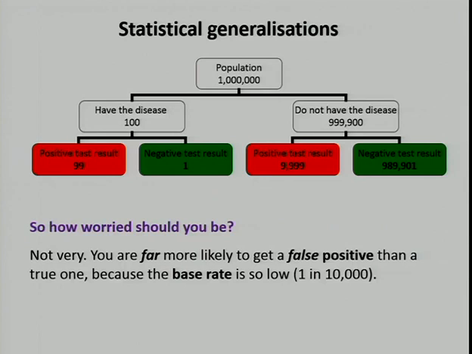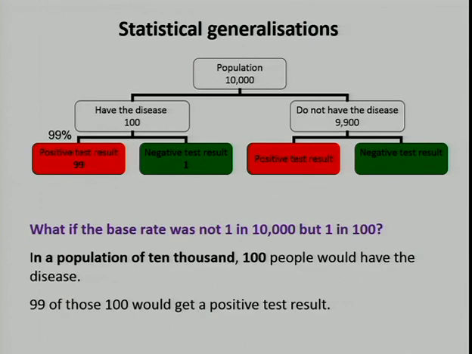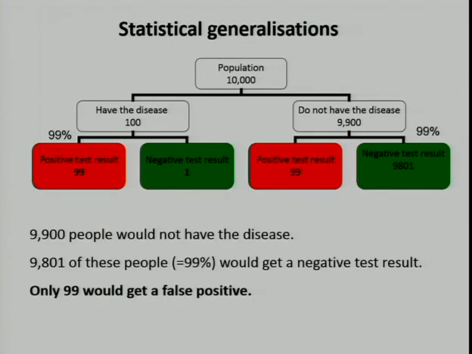Here's where it gets interesting. No, that's not where it gets interesting. That's what we already know. It gets a bit more interesting when we vary the base rate, right? And say it's not 1 in 10,000, but 1 in 100. So how worried would we be in that case? And again, we can go through the very same type of calculation, but suddenly we just have different numbers. Suddenly we have 99 out of 100 and one negative result for the people who have it.